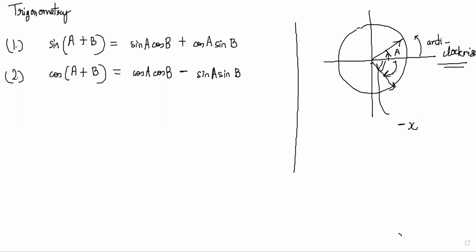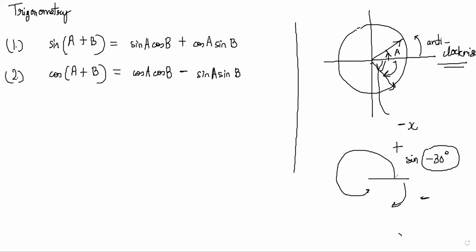So what do we mean by minus x? What we say is, if you rotate like this, it is a positive angle, and if you rotate like this, it is a negative angle. So suppose somebody says minus 30 degrees. What it really means is plus 330 degrees, because if you go like this till 330, then you will be left with this, just minus 30.